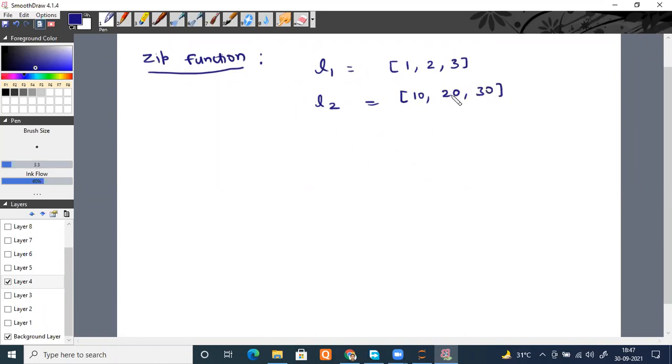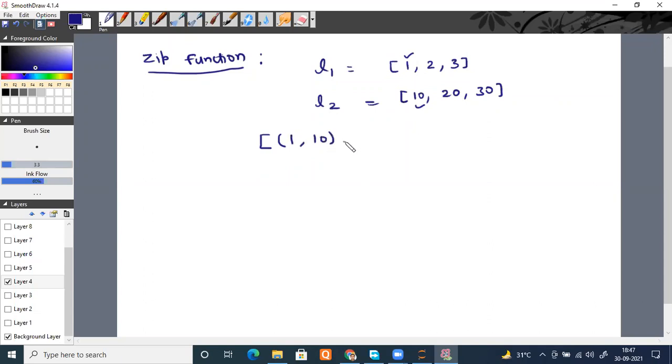And suppose I need a new list, or any other iterable, it doesn't matter. The zip function will create an object also, don't worry. What I want is to create a tuple combining the first element of this and the first element of this, that is, 1, 10.